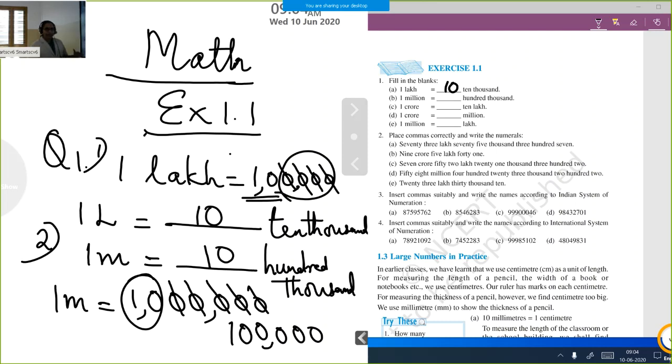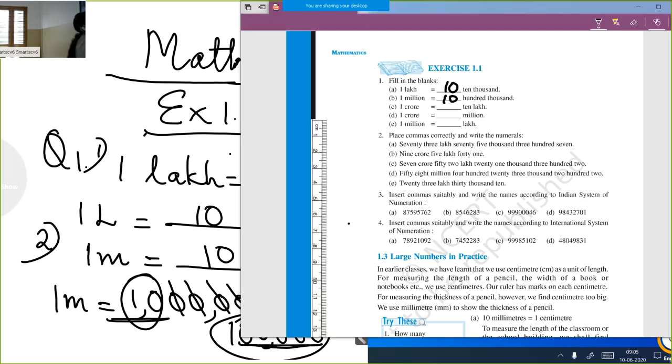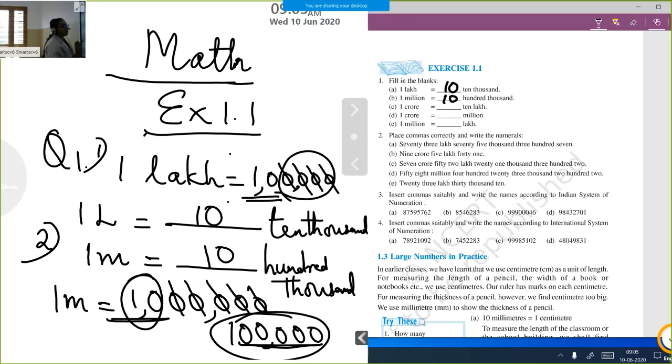Okay. What did teacher do? Teacher first wrote 1 million. 1 million is having 6 zeros. Then teacher wrote 100,000. 100,000 means 1 followed by 5 zeros. Then what did teacher do? Teacher removed those 5 zeros of 100,000 from 1 million. Then how much is left, children? 10. So we got 10 100,000 makes 1 million. Teacher is going to write that answer here in the blank, in the textbook also teacher wrote.